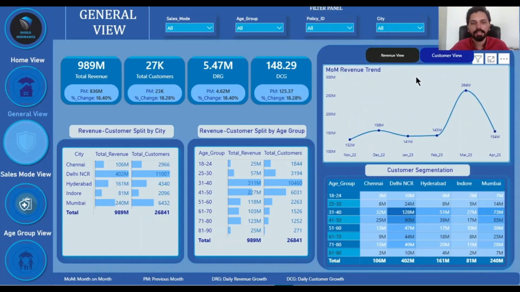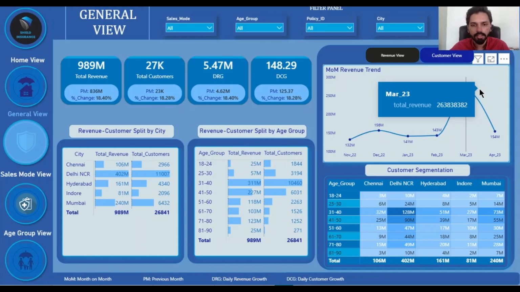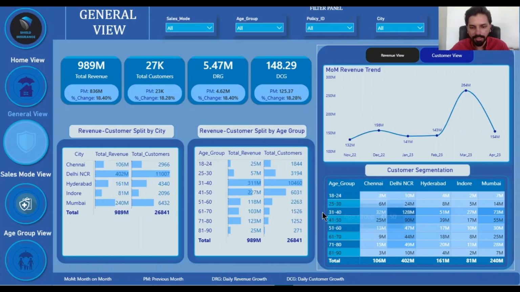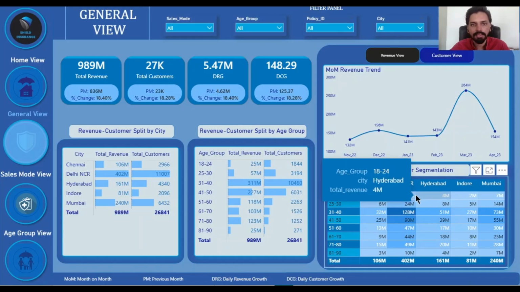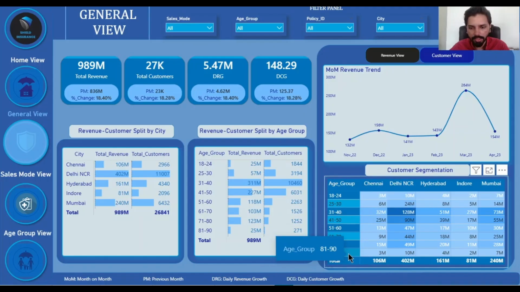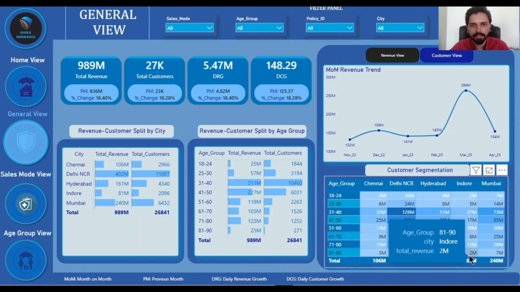So let's start with the revenue trend first. Initially, we can see the peak revenue is in the month of March, at 264 million, which is the highest revenue the company has achieved in this time period, and the lowest ever revenue is 132 million, in the month of November 2022. In the customer segmentation, we can see the age group 31 to 40, especially in the Delhi NCR region, is the highest revenue generator at 128 million. And the age group 81 to 90, especially in the Indore region, is